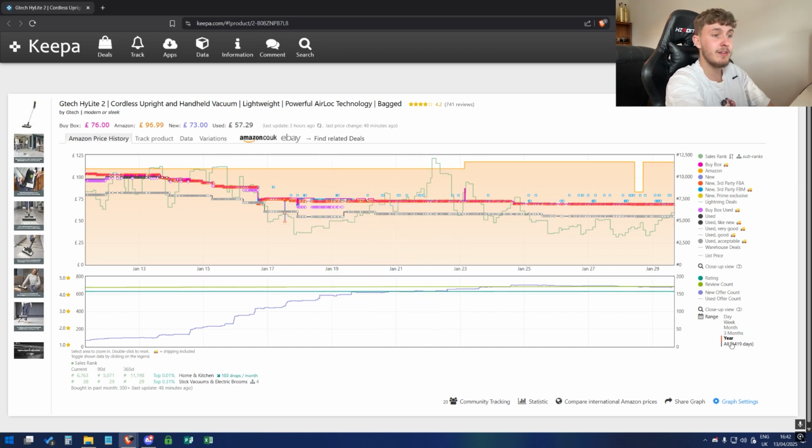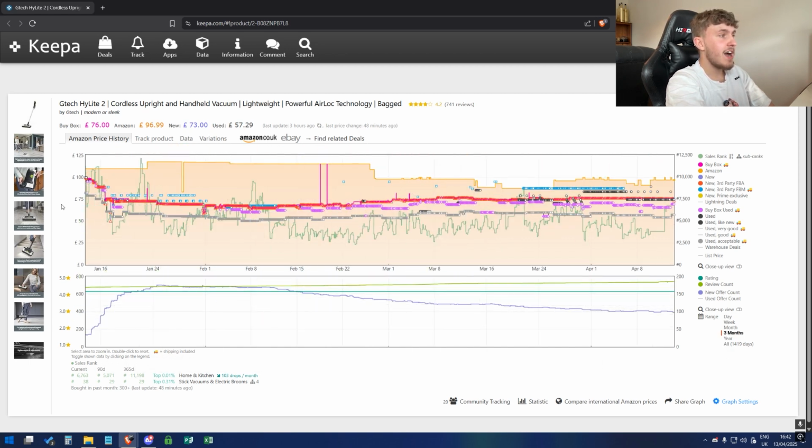possible for whatever reason. So yeah, if you're looking at a chart and you're seeing the offer count is rising and the price is decreasing, it's a good sign that it's going to continue, and you're probably going to want to avoid it. In general, the aim of the game with arbitrage nowadays is to avoid the competition. If you're seeing listings like this with hundreds of other sellers on it, do not buy that product. And if you're seeing a little bit of an increase and the price slumping down, just be warned that it's